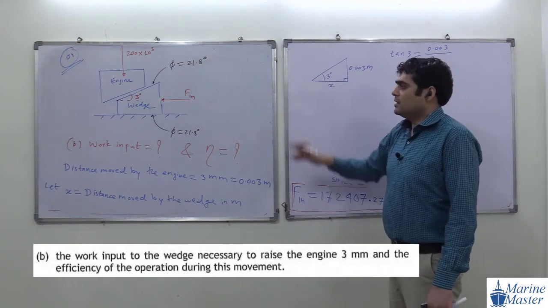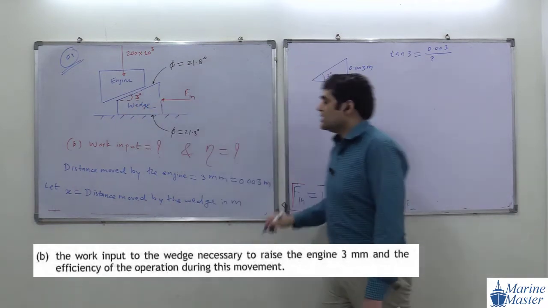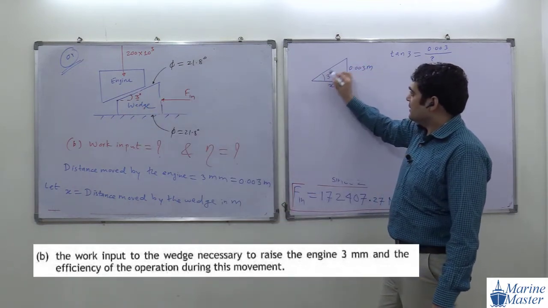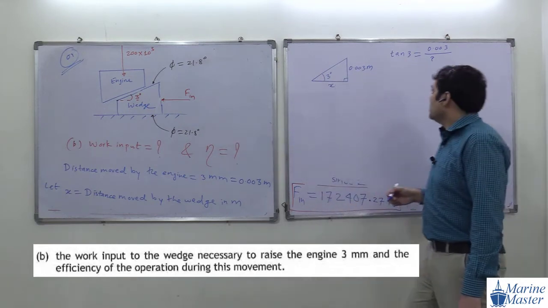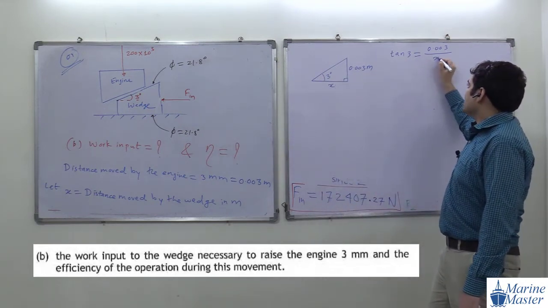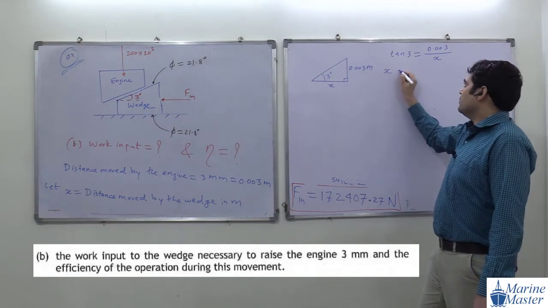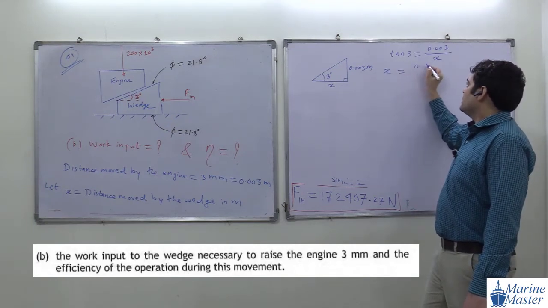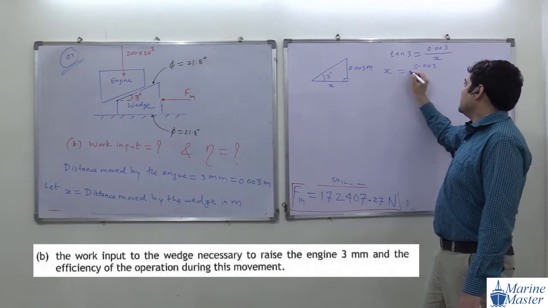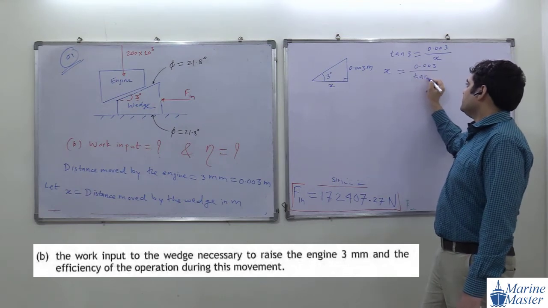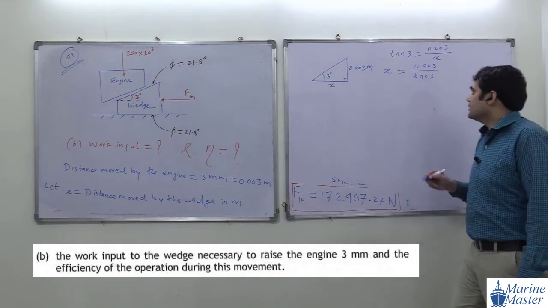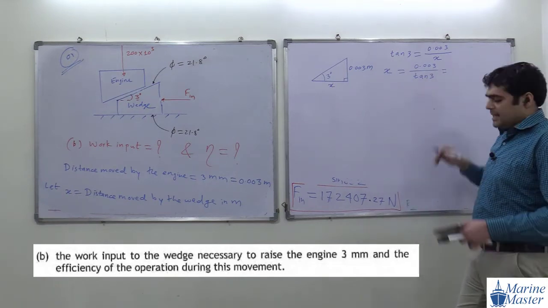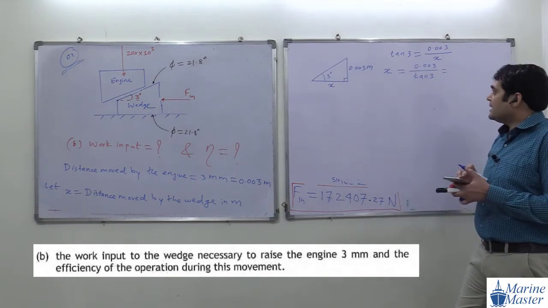And what will be their relation? It is the taper of this one. They form an angle, and this angle will be 3 degrees by default. So 0.003 divided by x, which means x will be equal to 0.003 divided by tan 3. Are you getting my point? So what will be the answer? Please everyone do the calculation and tell me the value of x.